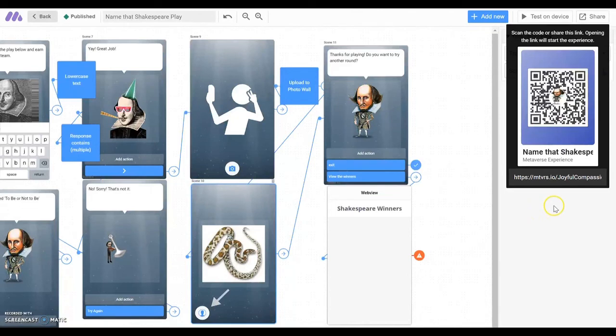There are a few ways to do this. You can scan the code here in your classroom, so you could print these out like we talked about prepping beforehand. You can print these out and have them ready for your students to scan, or you can email them this link ahead of time so they can be prepared before class as well. It just depends which one you prefer.